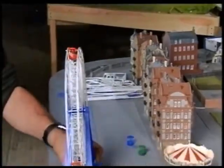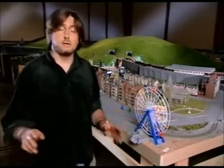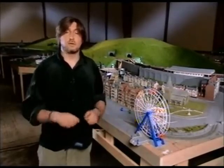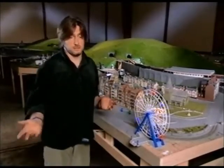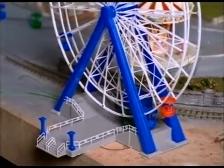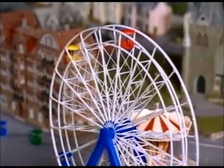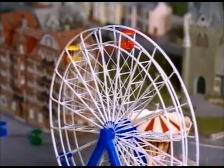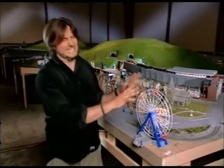Now this thing hasn't been a joy to make. Two reasons really, well actually three. First reason is, being blokes, first thing to do, open the box, don't need the instructions, put them somewhere else. Of course we lost those, so we don't have the instructions to make it. The second reason is, you need a separate kit to light up all the gondolas, which we didn't know about. So all the blokes who are usually working here are off scouring the Sussex countryside looking for such a kit. The third reason it's so difficult is because it is really